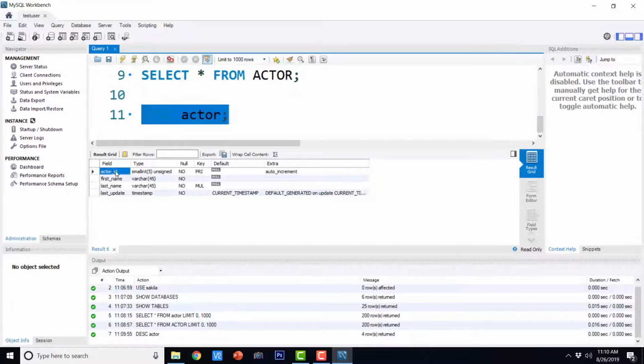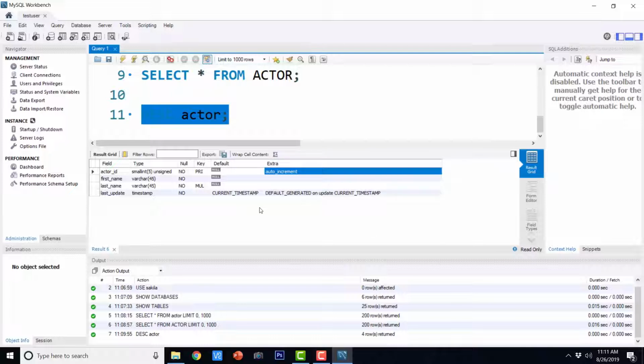Here we can see the name of the field, the data type, the nullability, if it is a key column, the default value in that particular column, and any extra description. If anything is a key value, usually it is auto increment. Whenever you insert a new row, and you don't provide any value for that particular field, it is going to automatically add an increased value. That is known as auto increment.